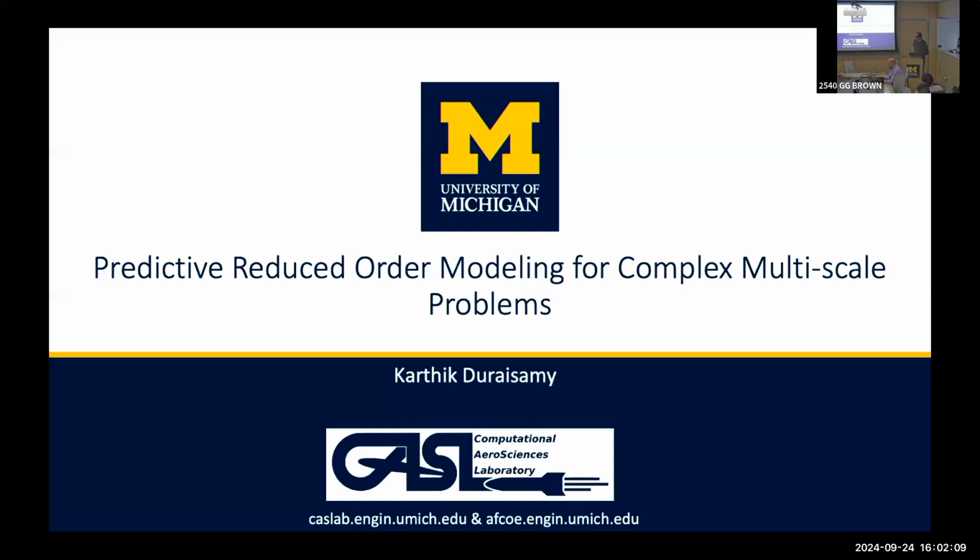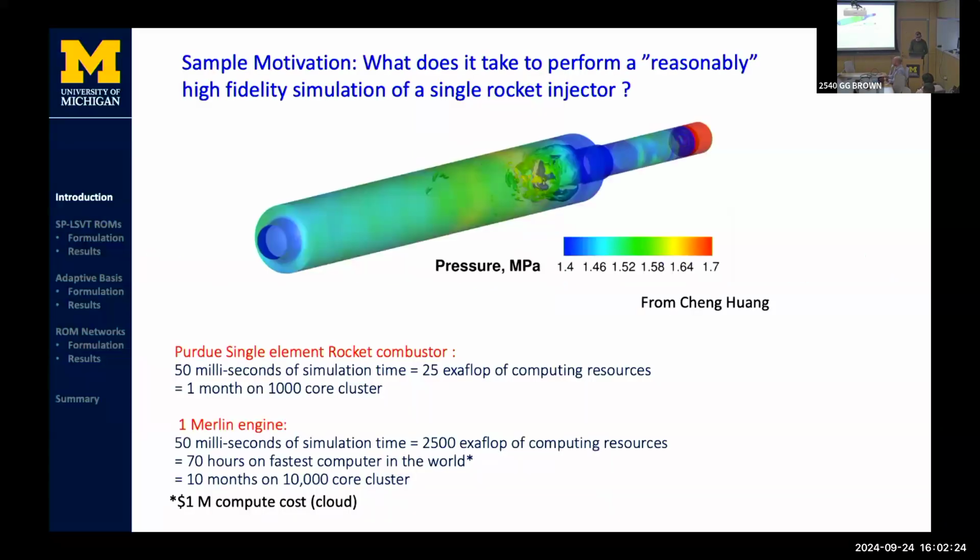All right. So I'm not going to be talking about AI today, although I might mention it here and there. But in some sense, these methods also fall in that class. So I'm going to be talking about predictive reduced order modeling for complex multi-scale multi-threaded systems. So I want to start with, why do we need this, and what do I actually mean by reduced order